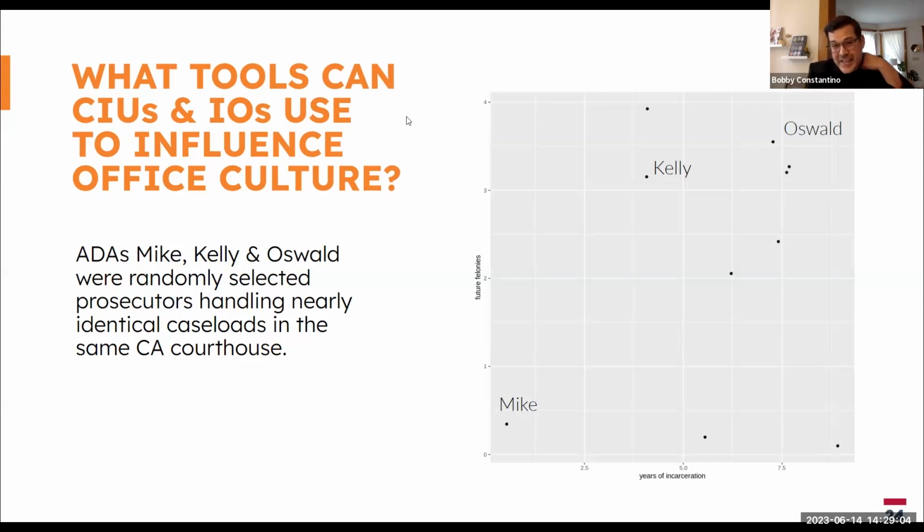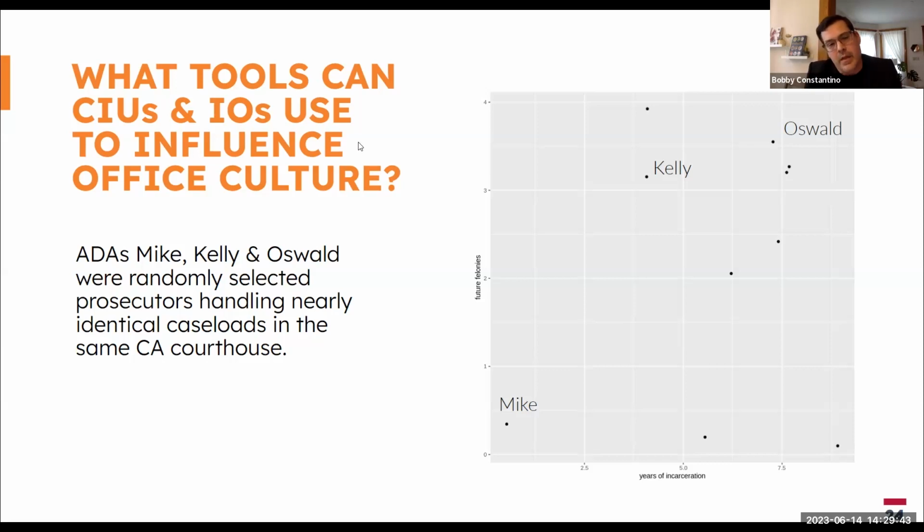And so this is just an example of something that was a prototype for a dashboard that was being done. This also actually was piloted in Yolo, California. CZI was working on this for a while when they were doing some funding and some exploration in this space. A data scientist named Rob Owen was the one who was putting this together. And essentially what this allowed offices to do, and remember that these were all ADAs in a courthouse handling the same caseload, is that it showed offices how they could improve the practice of their ADAs,